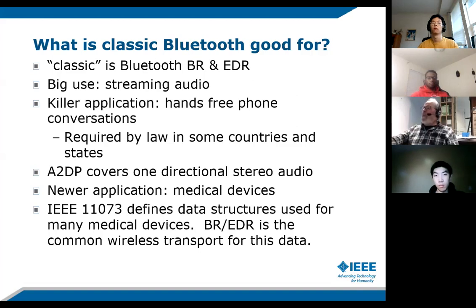And because you can't predict how busy they're going to be, BR/EDR is used for these devices. There is also an adaptation layer because some of them can also run on Bluetooth Low Energy. But the first spec that's in wide use uses classic Bluetooth.